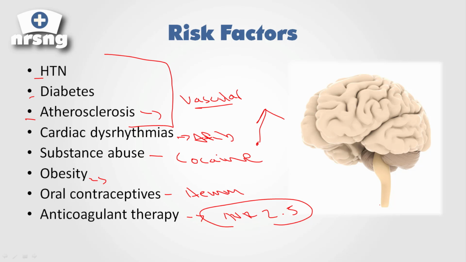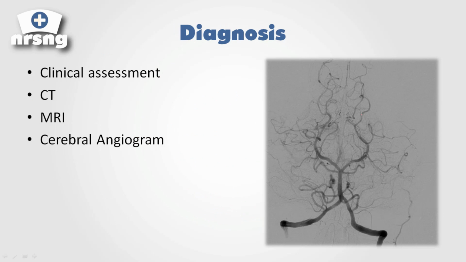So if it's an elderly patient who has less balance and things like that, and they fall, that puts them at a big risk for a subarachnoid hemorrhage with blood collecting in the cerebral space, or a subdural hematoma, something like that. Okay, so how do we assess this? First of all, it's clinical assessment. Like I said, we have to be able to assess for stroke symptoms.